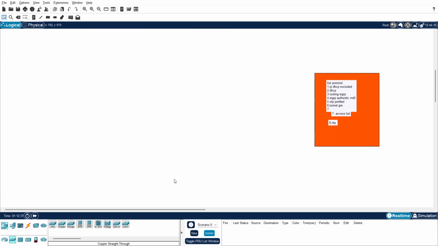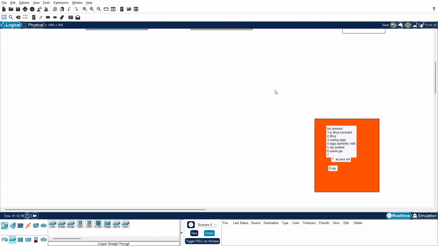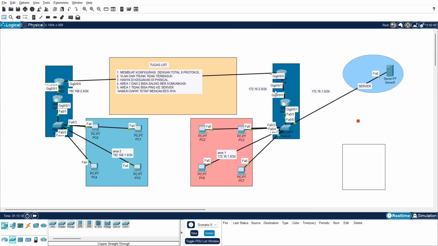And what are the 8 protocols that I have used? The list of the protocols is: I'm using IP DHCP excluded, DHCP, and routing IGRP, and then IGRP authentication MD5, STP port fast, and then tunnel GRE, access list, and NTP, with a total of 8.